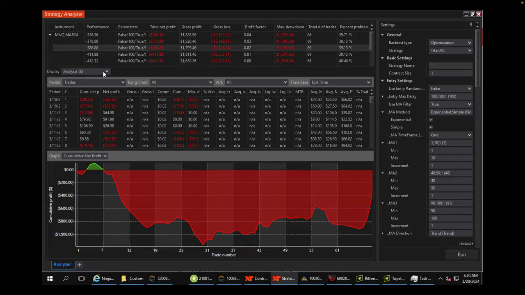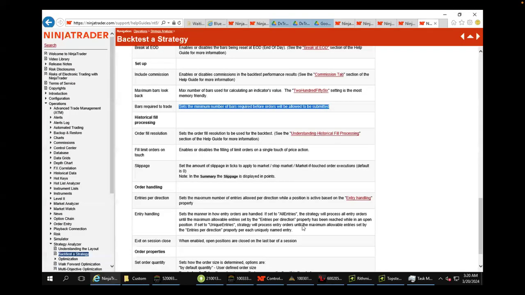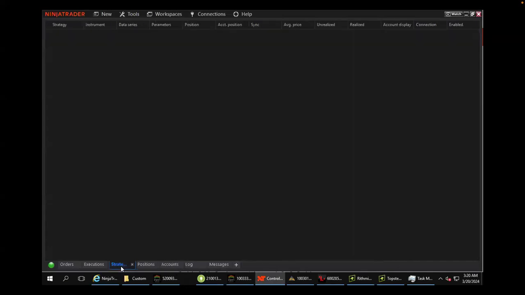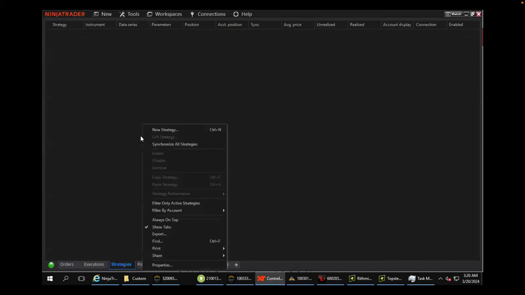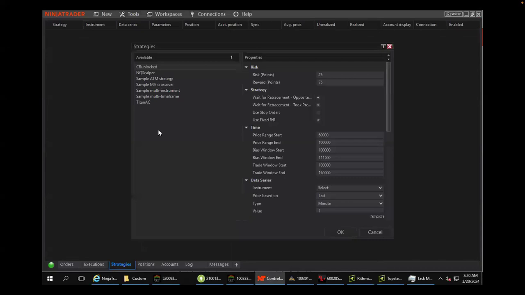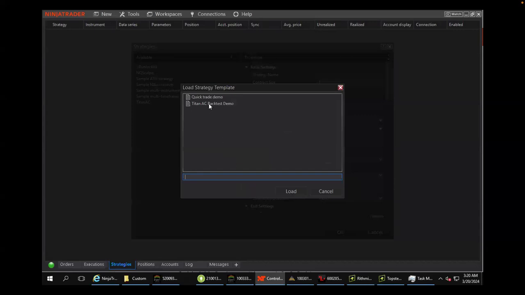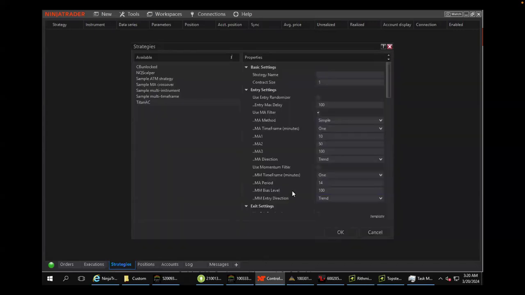Yeah. So real quick, I want to show really how simple it can be. If you close this window, Joe, real quick, and bring up the command center. If you see down at the bottom, you see the strategies tab. You would load into your account, right click anywhere in that blank space, and go to new strategy. You can basically choose the strategy right here. Hit Titan right there, and hit template and load. I think just load whichever one you want. This is what you would basically get from the leaderboard, and then you would hit OK, and it's now running